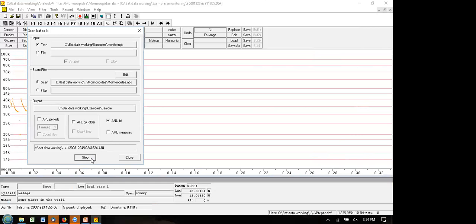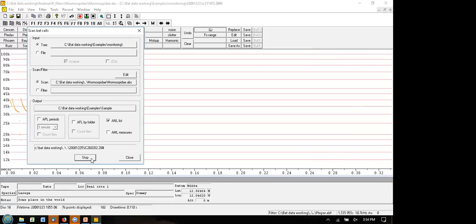And it'll jump from subdirectory to subdirectory. This could be your year's worth of data, your whole field session. It's scanning it all at one time, grouping your data for you based on the filters that are already there for known species. And you can add as many filters as you like. Exactly, yeah. I have them grouped